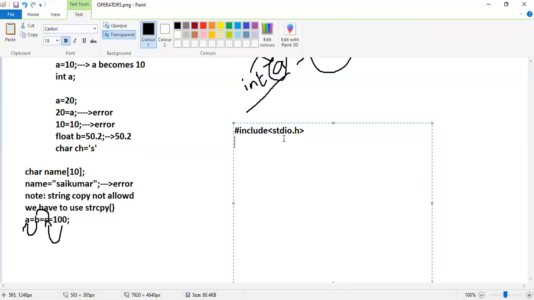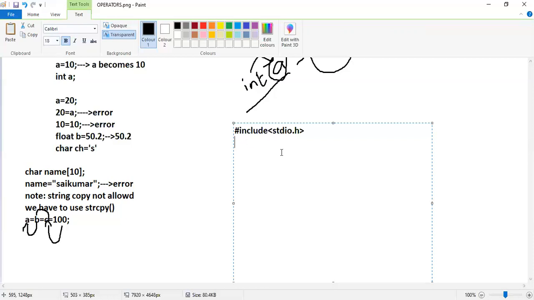For example, if we want to print a string, the printf functionality is stored in stdio.h. The include means we are including the standard input output header file in our program.